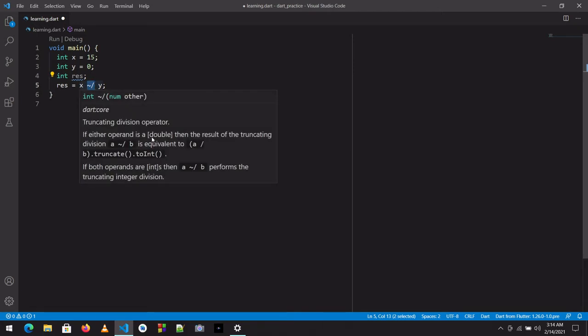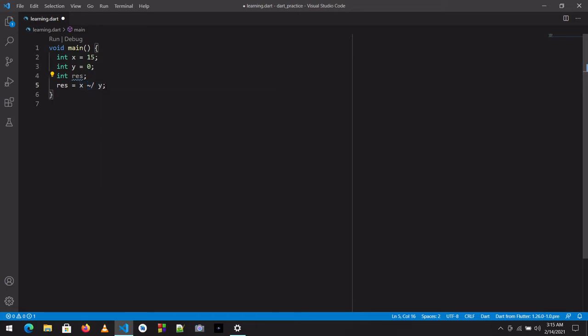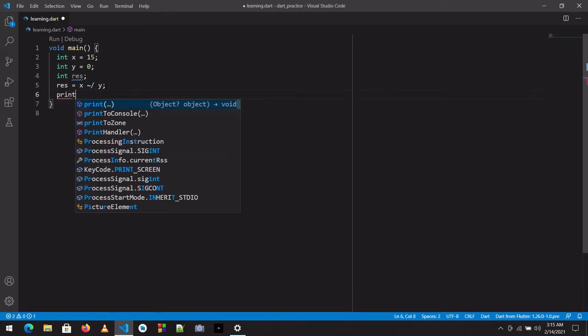If either operand is a double, the result of the truncating division a ~/ b is equivalent to (a / b).truncate() to int. That means it will reduce the decimals as well as convert it to integer values, right? Now let's print the result.